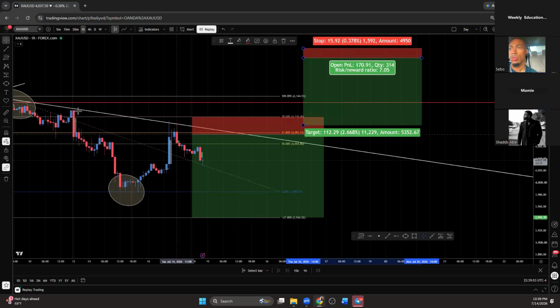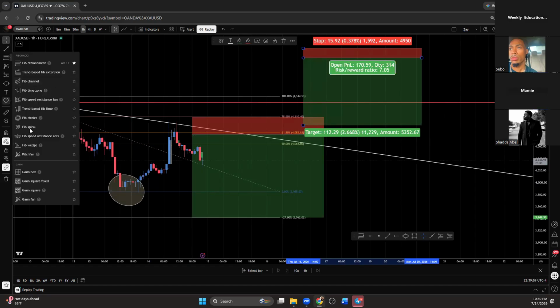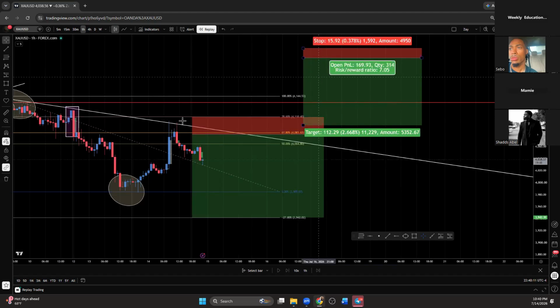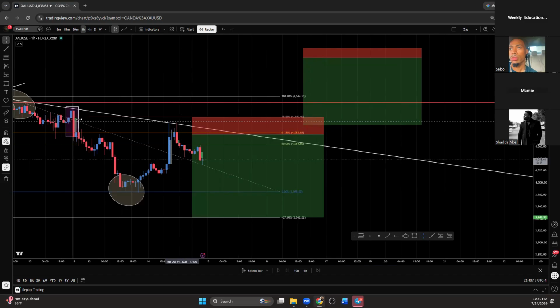Because for one, someone tell me what this pattern is right here? I don't want to talk too much. I want to make sure y'all understand and know what's going on. But someone tell me what this candlestick pattern right here is called. The way that it created itself, I wouldn't even say it's an engulfing for real. Bearish, yeah, a bearish engulfing.